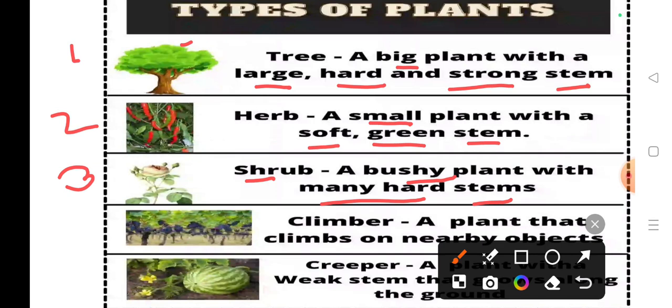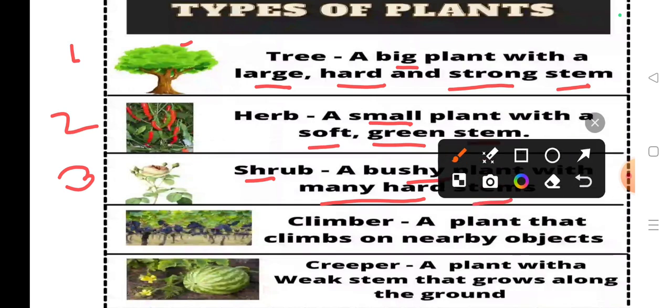For example, rose. Do you observe rose plant? Rose plants have many stems, and they are mostly green and brown in color, and they are very bushy in nature. Okay. Next is climber,